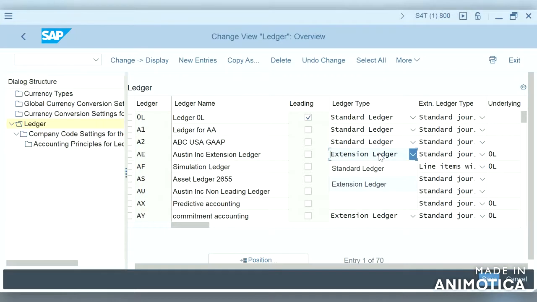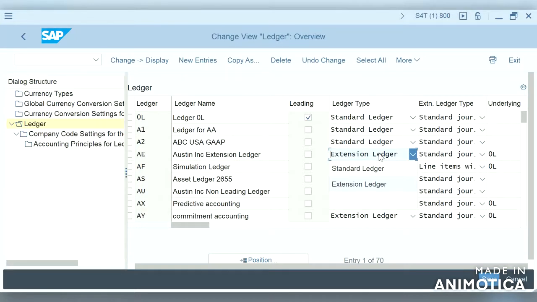We will try to explain the concept of extension ledger in comparison to standard ledger. Extension ledger is one of the powerful options that can be used for management reporting. These ledgers stack the data on top of standard ledgers, hence no data duplication, as a number of extension ledgers can point to one standard ledger.